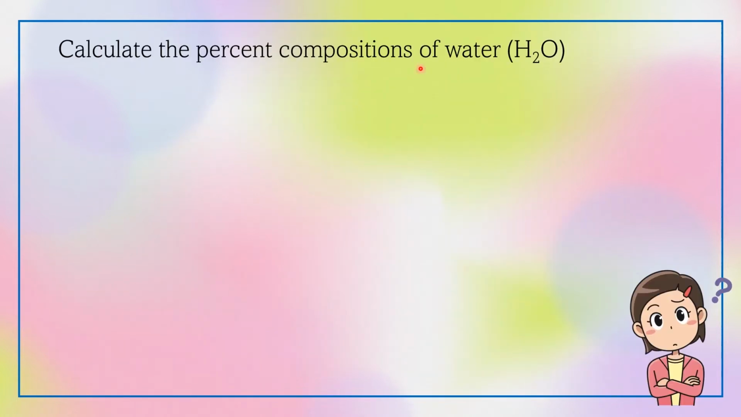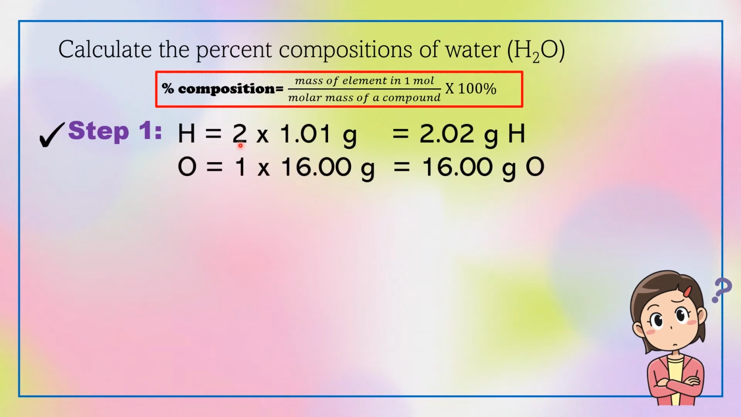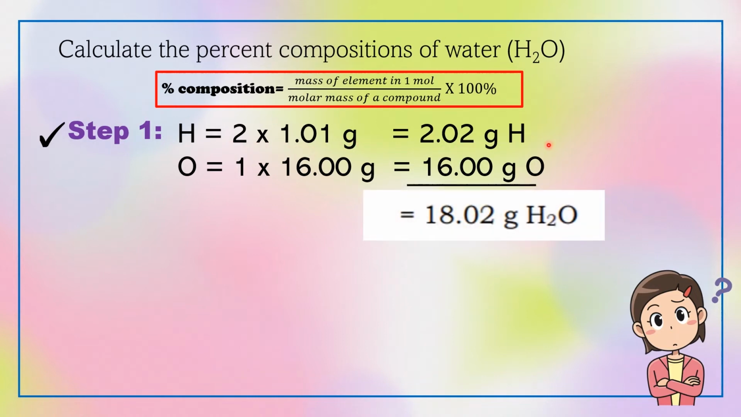Let's have another example. Calculate the percentage composition of water. Using the formula, mass of each element divided by molar mass times 100%. Again, let's go to step 1. We should find the molar mass of the water. So we should identify the number of atoms of each element, then multiply it by its atomic mass, get the sum, and the molar mass is